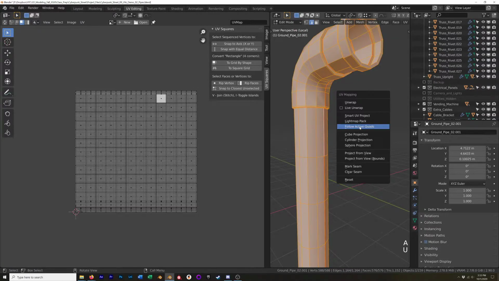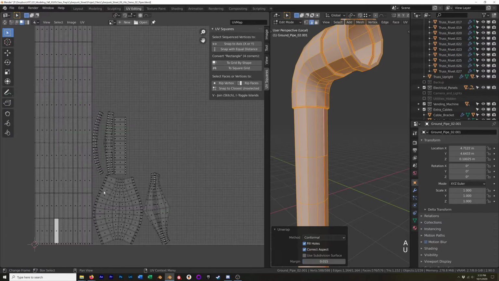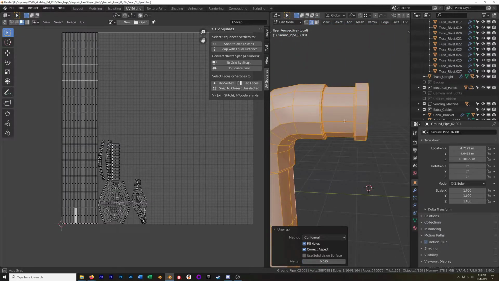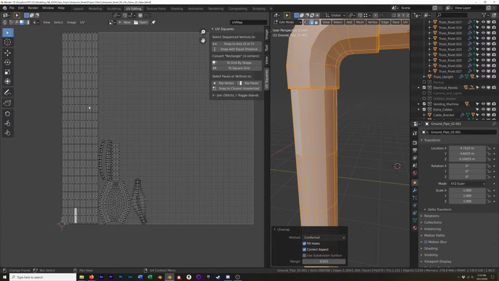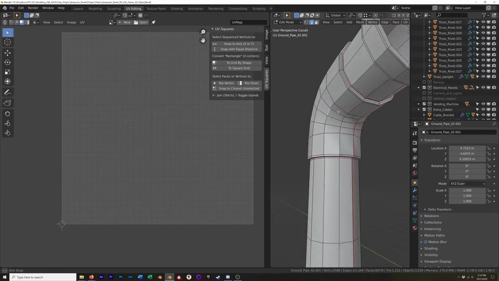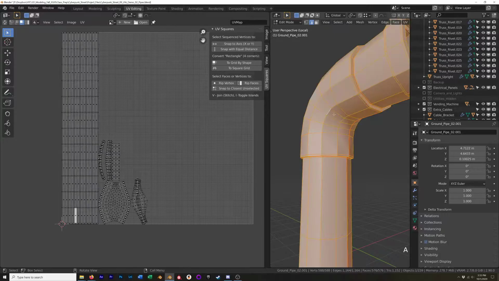Okay, select everything and unwrap. See what we're working with. It's looking pretty good. You see the body of the pipe unwraps perfectly. We don't have to worry about that. The corner, however, did not unwrap perfectly. So let's go in here